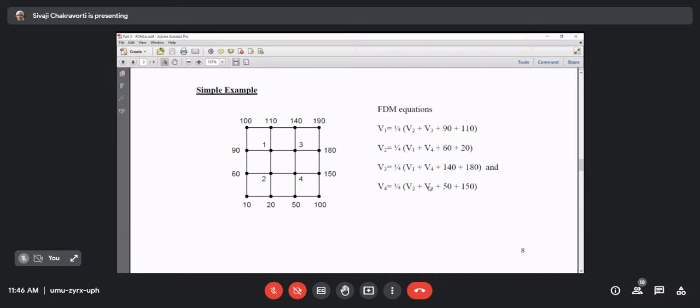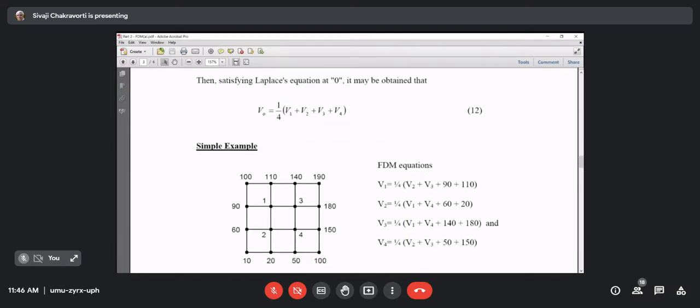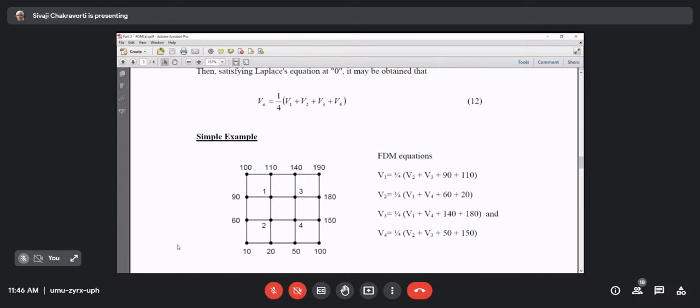How do I apply these equations? Say, for example, equation 12. How do I apply these equations? Yes, I have given a very simple example here. And by the way, I always say, or probably I have told you, that our problems are called boundary value problems. That means the values are typically known at the boundaries. So here in this example, I have given the values on the boundaries. These are assumed, right? Don't take it as hard and fast. These are assumed, just to explain. Then there are 4 nodes for which I do not know the potential.